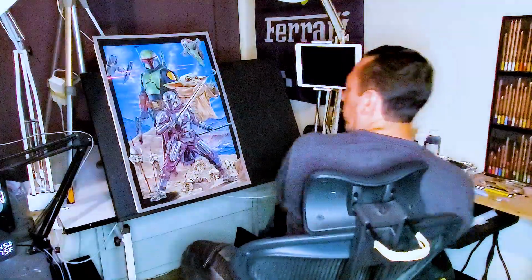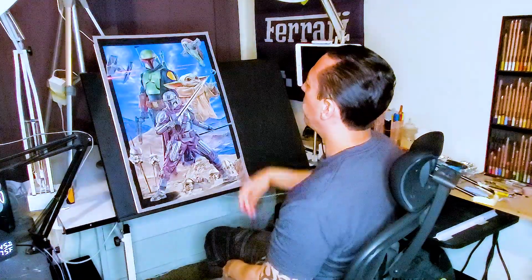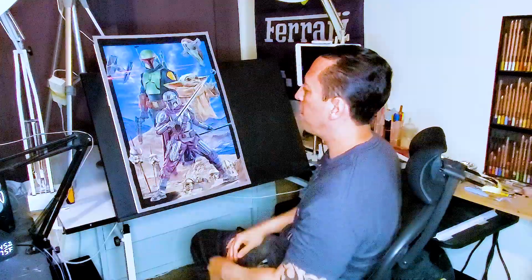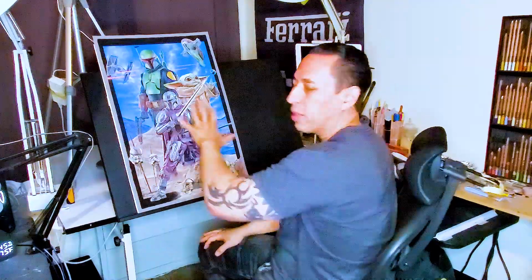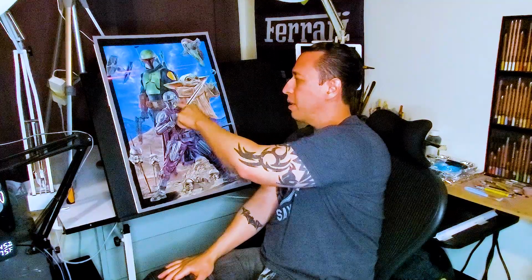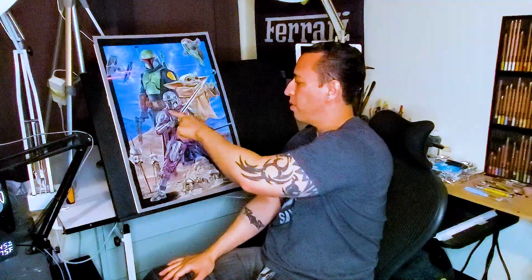And you got Baby Yoda right here, Grogu basically. And you've got the Boba Fett's Starship right here, and the TIE Fighter. Got the Mandalorian right here. Had a lot of fun working on the Beskar armor. And when you're doing metallics, make sure you add colors in them. You see, it's not just gray and black. There's different colors. There's like green, there's pinks, there's oranges, and there's reds in here to really make it pop